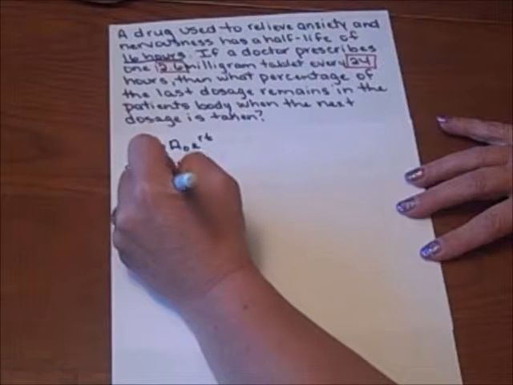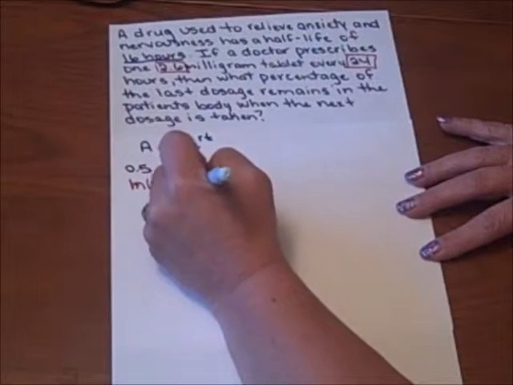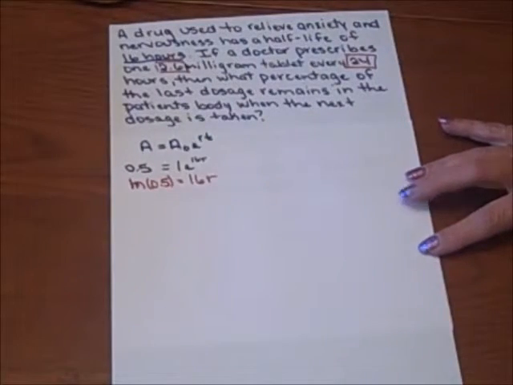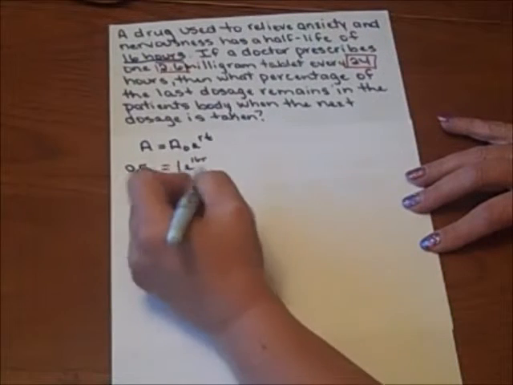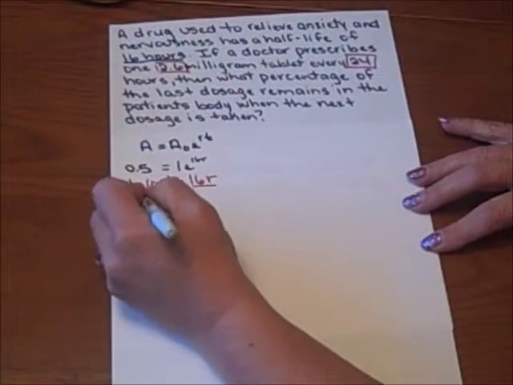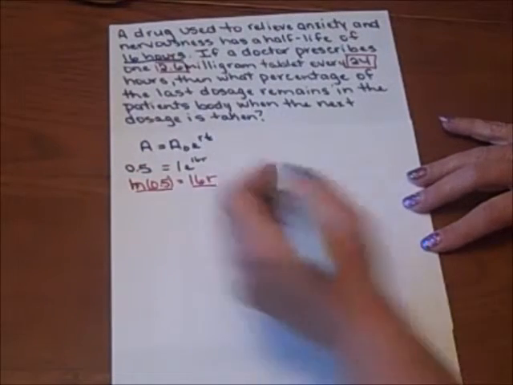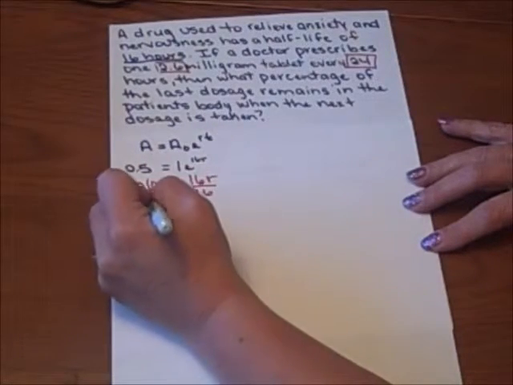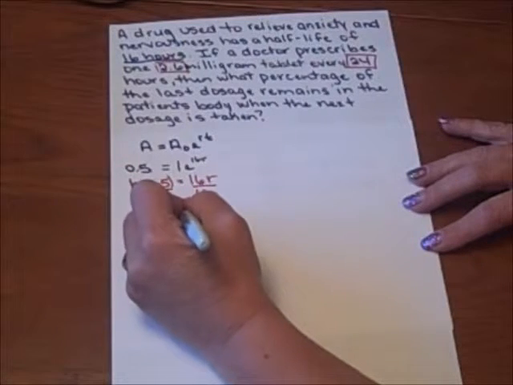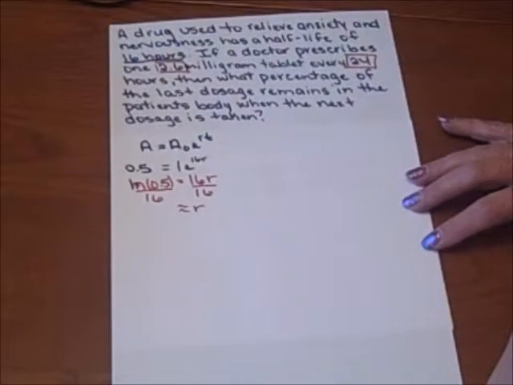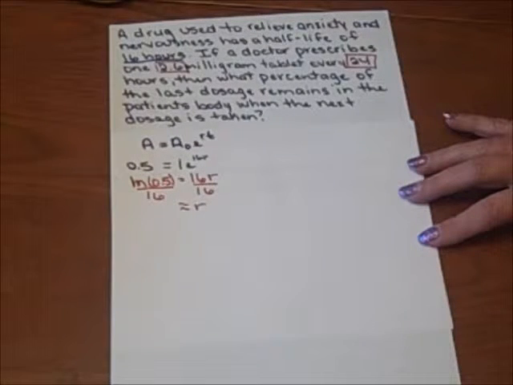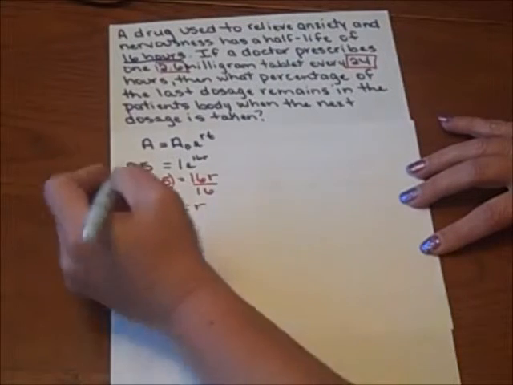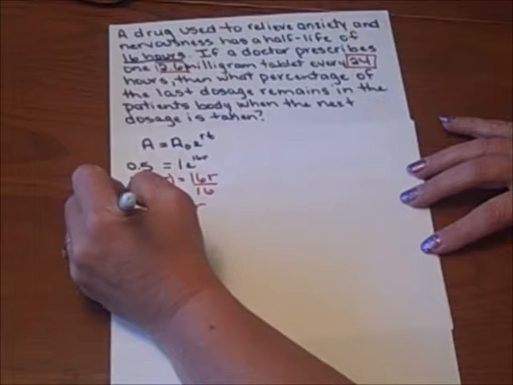So we'll have ln 0.5 equals 16r, and since we're solving for r, our next step will be to divide by 16. And if we do this, we're going to use our graphing calculator. We'll plug in ln 0.5 divided by 16, and we will come up with negative